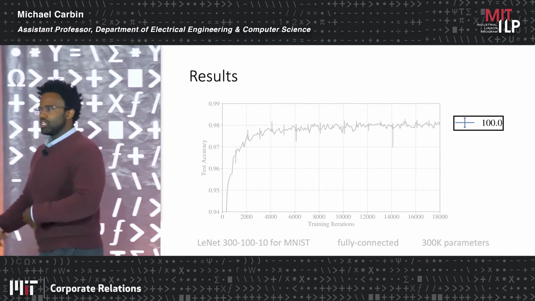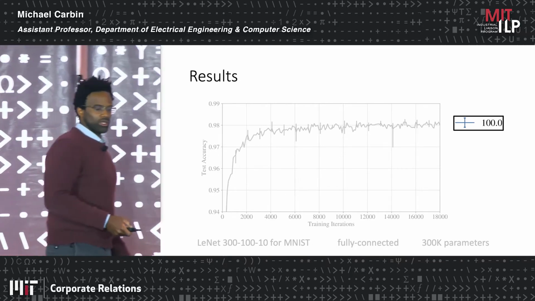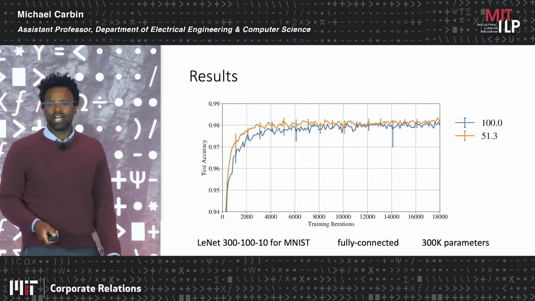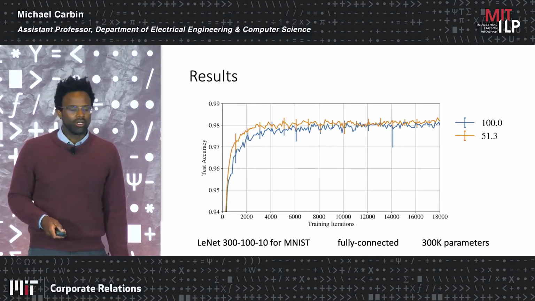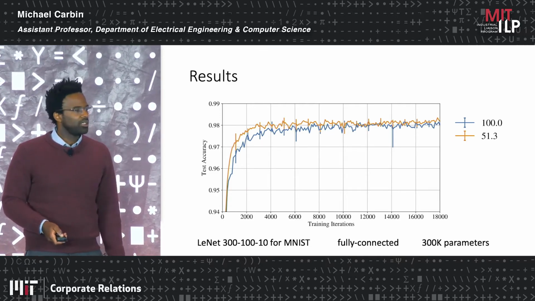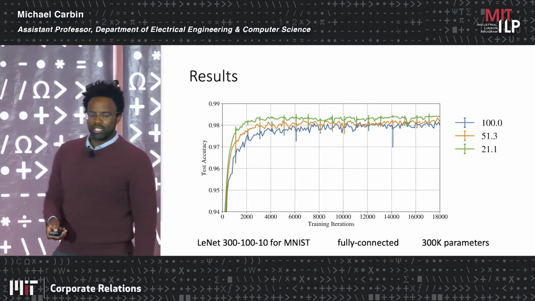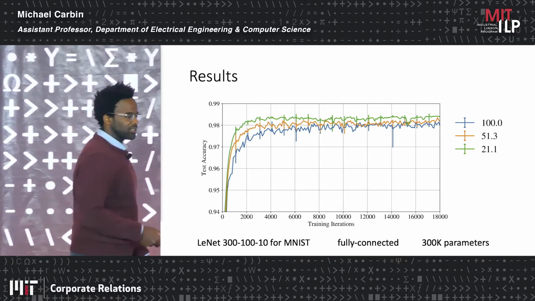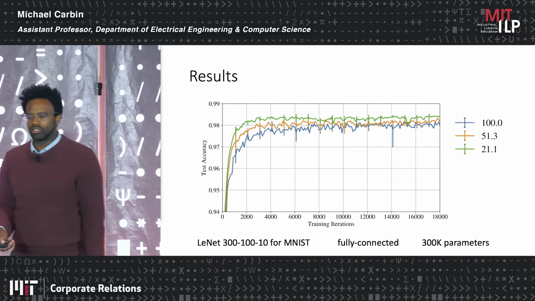And now what I want to do is introduce some lines where we've started to remove some part of these networks. This first one here is a network of half the size, so only 51% of the weights remaining of the original network. And what we see is this network reaches roughly the same accuracy and also trains a little bit more quickly. If you go down to 20% of the size, you get a little bit more accuracy, in fact, and it trains even a little bit more quickly, even just measured in number of iterations.